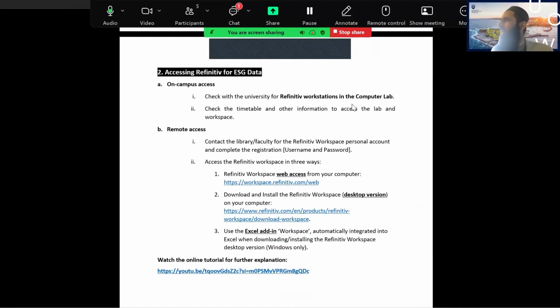So, Refinitiv Workspace in computer labs. Calvin, are you aware if there are any computer labs where Workspace is installed? No, just remotely. Okay, I'm not too sure, so whether you guys know. It says from our computer on the top, and you need to register. Yeah, the students have to go to Aiden. Username and password. You can access the Workspace app through. That's useful. Already access, you have access. Okay, that's good.